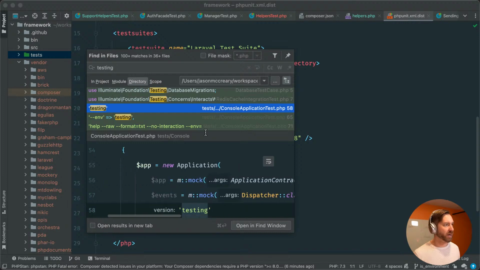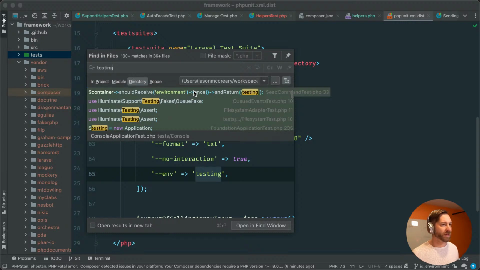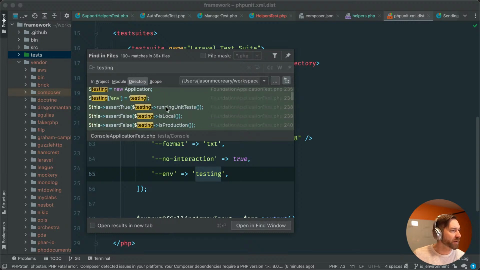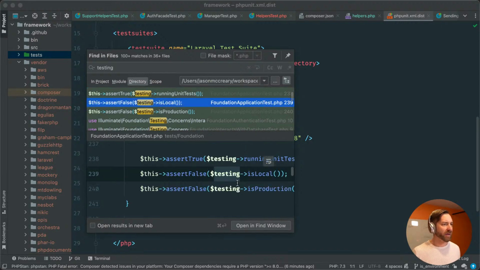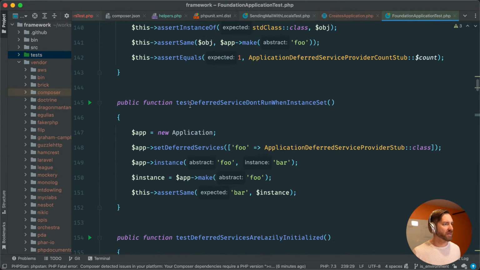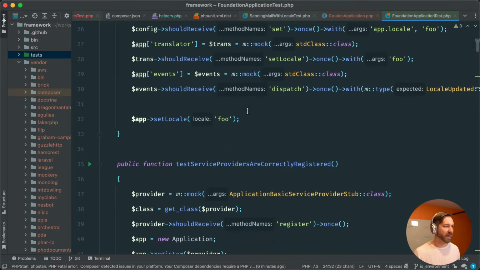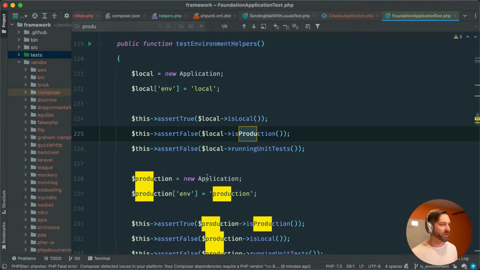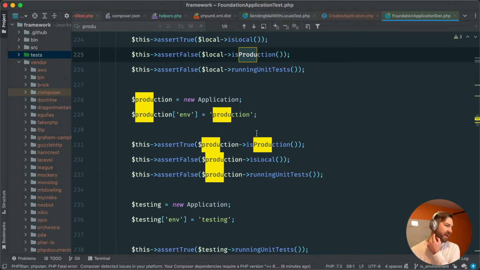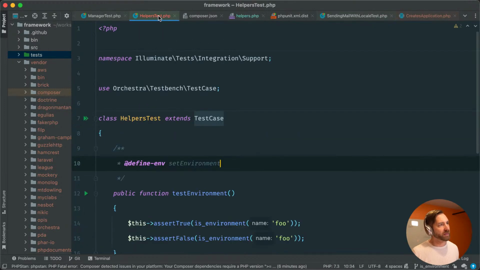So mock application contract, no. Should receive environment once and return testing. So they're kind of faking that out. Testing env. I don't think they're overriding this. Foundation application test. Is this just a PHPUnit test? Yes, it is. And they just keep messing with that directly. But in here they were doing production. Oh, they're setting it to local and then they're making a new application and making it production. Yeah. See, they're able to manipulate the testing env directly here, and because they're newing up something,